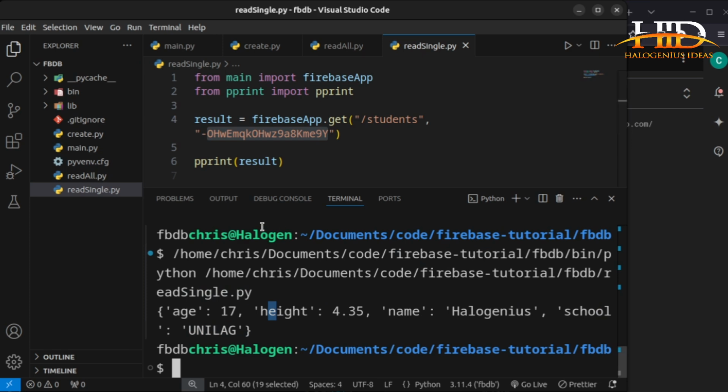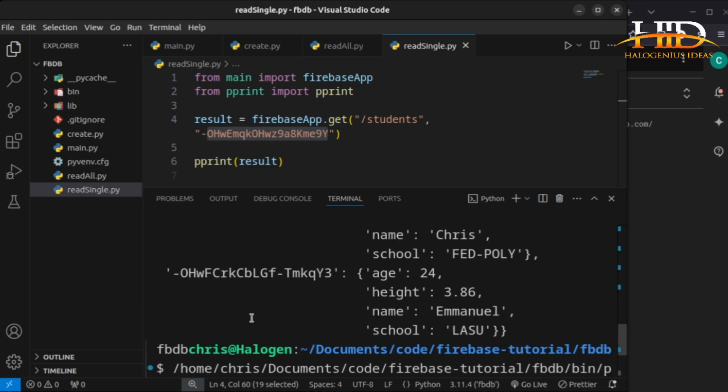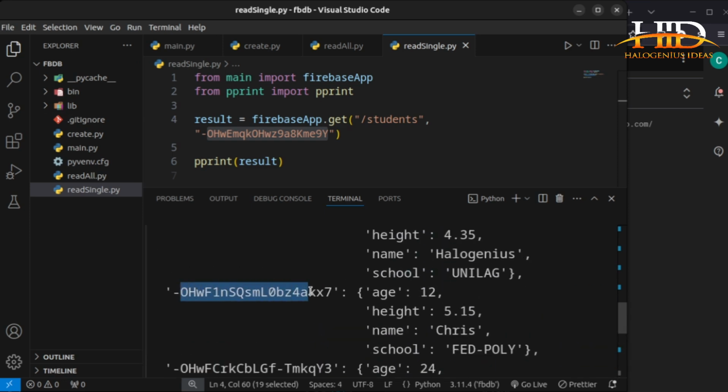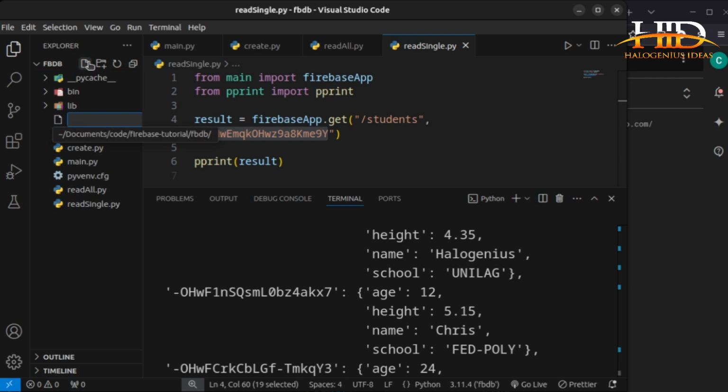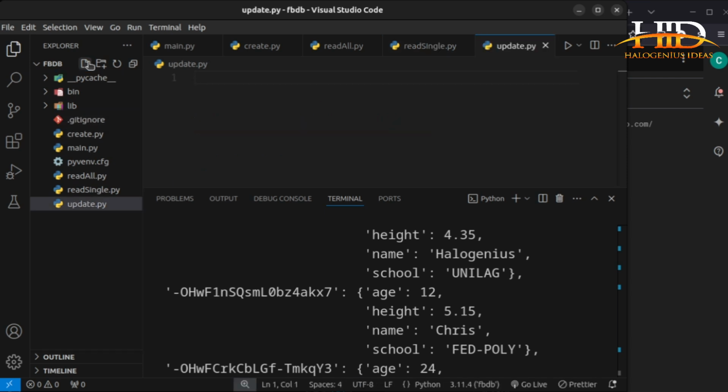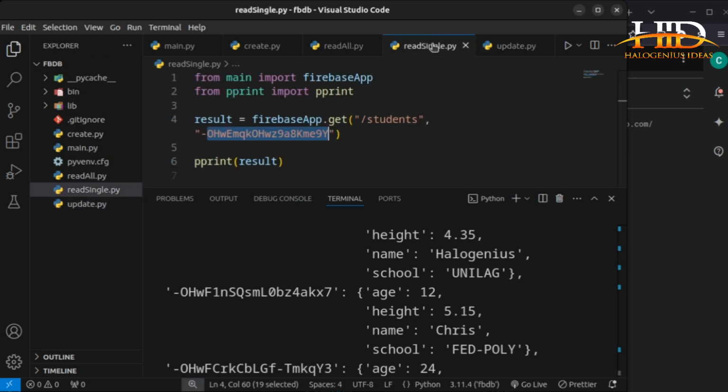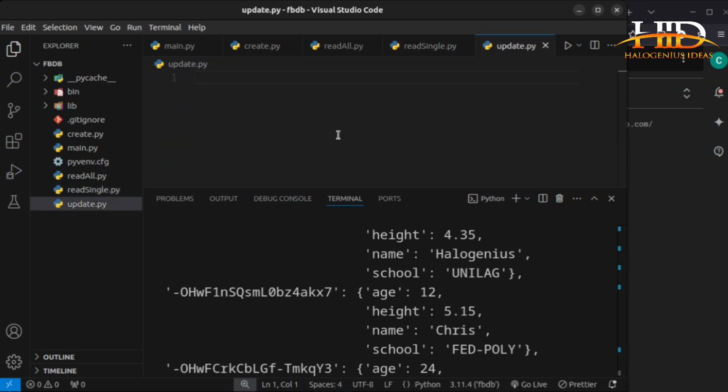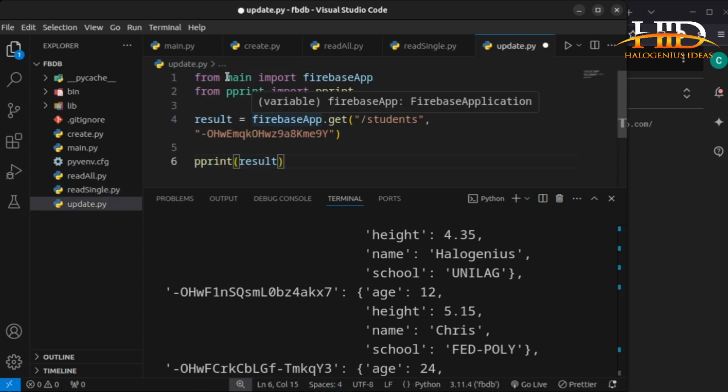Now for you to update any of the entries is very, very simple. Let us update this one. So if I want to update, I can just say updates.py. For this updates.py, I'm going to be needing this too. Actually, I'm going to be needing everything. The only thing I have to do here is Firebase